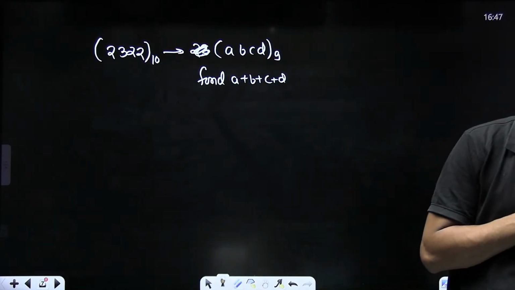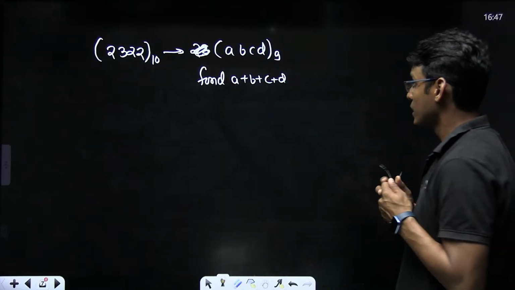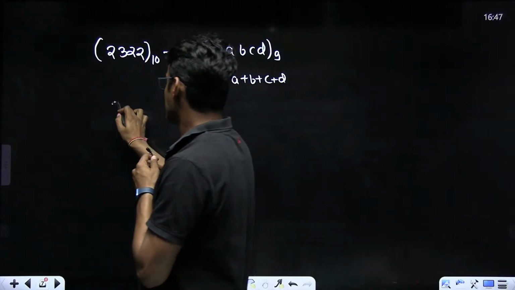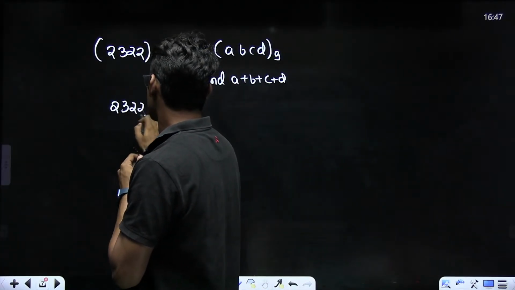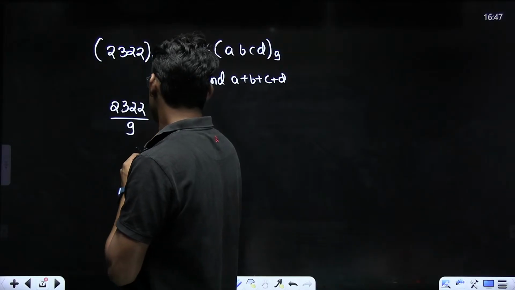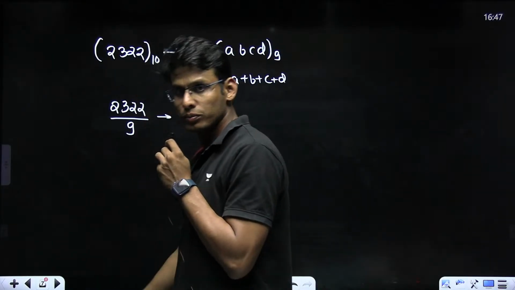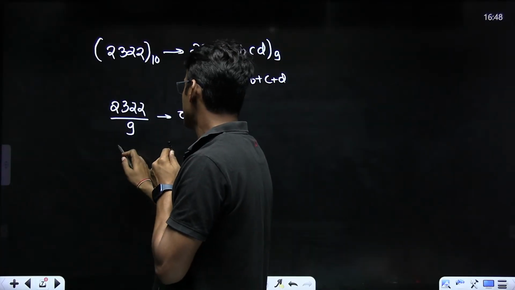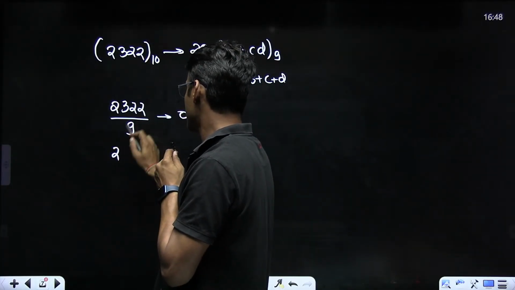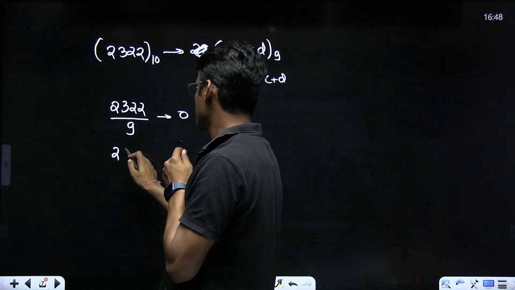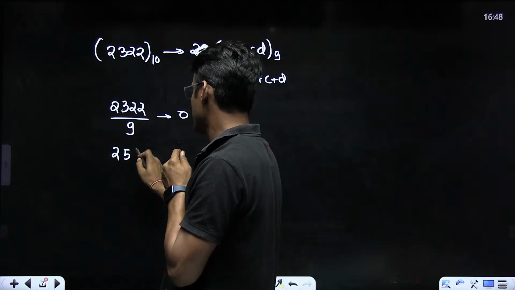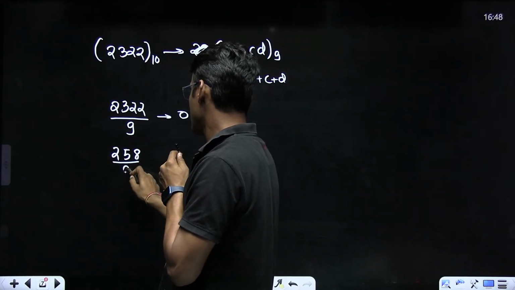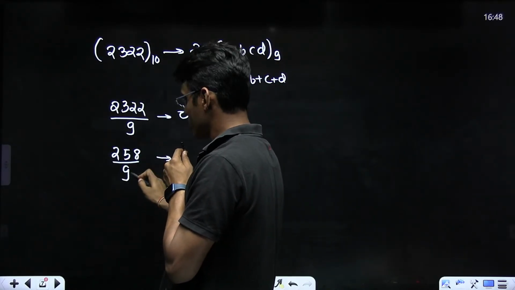Got it? Is it 10? Let's see. Remainder is 0. Clearly it is divisible by 9, obviously. So you have 2, 52. 52 is 5 and then 72. Again 9. So the remainder is